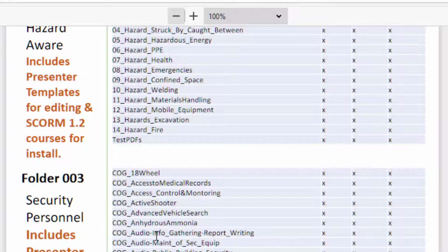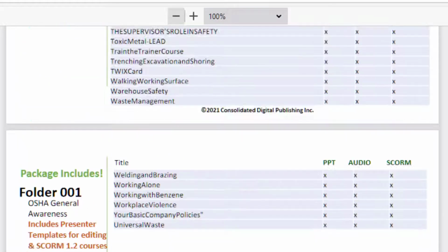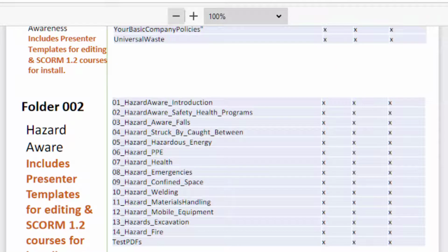Then we have our security personnel. There's been a big push for security with the current environment out there with terrorists and active shooters in the workplace, etc. So what we did, we put a curriculum together for that. And you notice this contains a lot of the courses that are in our general awareness training courses up here. So you can take these and rearrange them any way you want to create a curriculum for your company, for a group of people, for their work and site specific